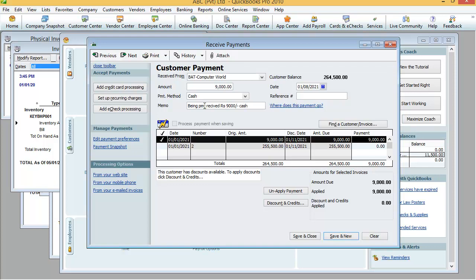Once you select this, you can notice in the amount bar the 9,000 rupees is updated. For a cash collection from the customer, we have done all the steps here, and after that we have to click save and close.